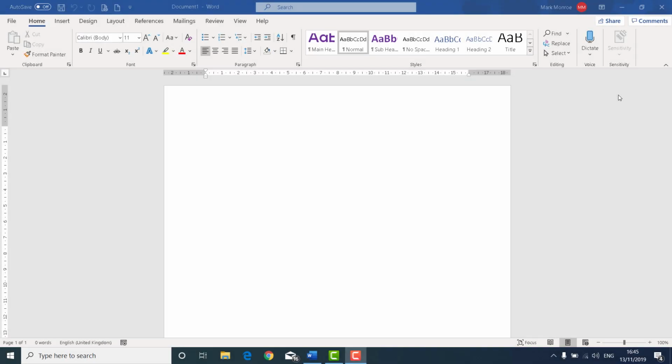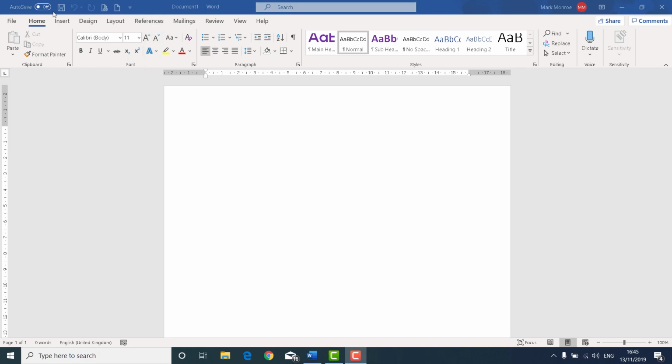When you open Word for the first time, you're presented with a brand new document, a blank page. The pages will expand as you type more, and when you reach the end of a page, another page will be added automatically. If we take a look at the screen tour, we're going to go around starting from the top. At the very top you have what's known as a title bar, and upon that title bar is